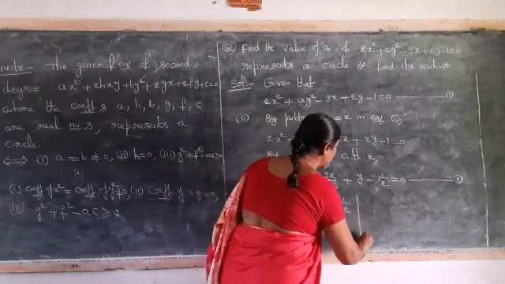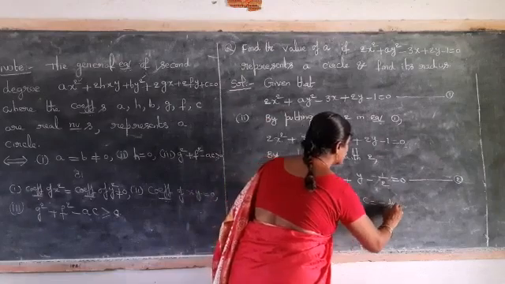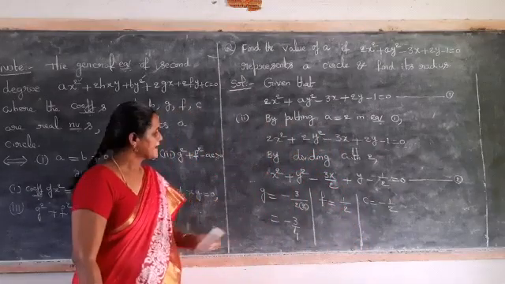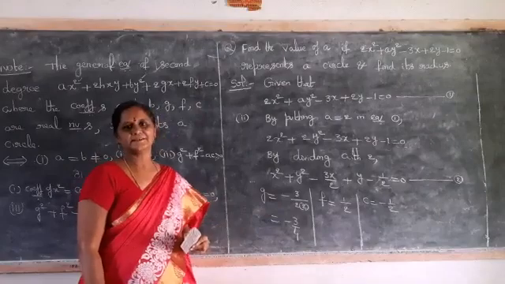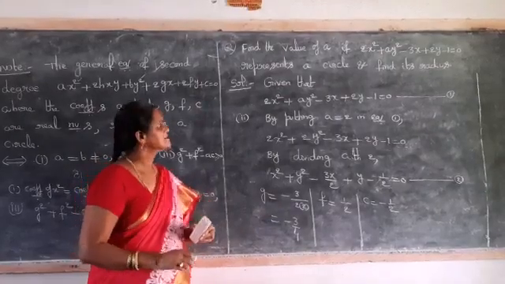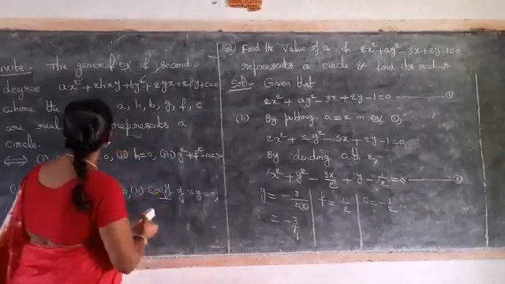Next you have to find c. c is equal to minus 1 by 2. Okay, I found g, f and c. Now you have to find small r. So small r is equal to